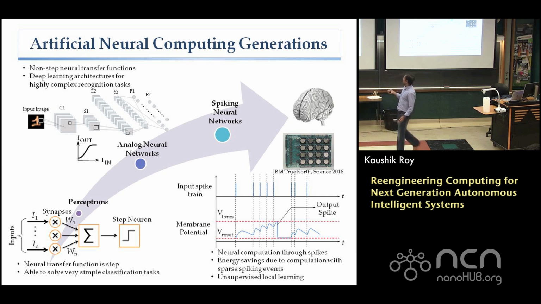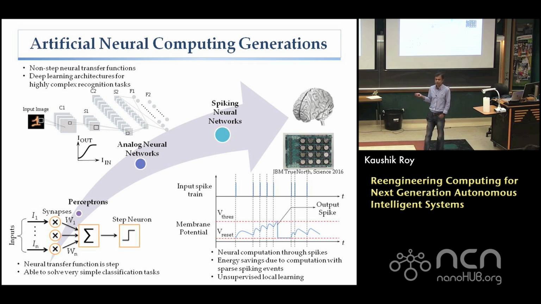And using those spike trains, you are going to do some operations. In this particular case, a biological neural network would have input spike trains that come in, and the cell or the neuron membrane potential goes up or down depending on if there are a lot of spikes that come in or there are no spikes available in the inputs at that time. And beyond a certain point, when it reaches a particular threshold, it actually switches. So this would be quite different from these other deep learning networks that I'm showing here.